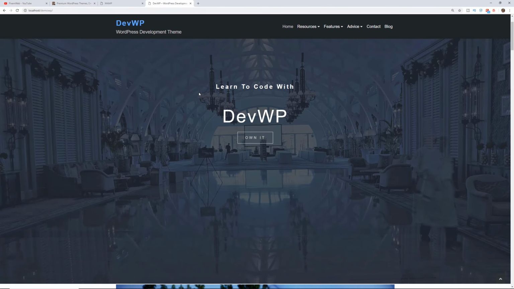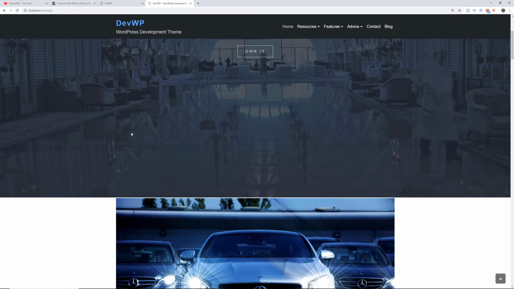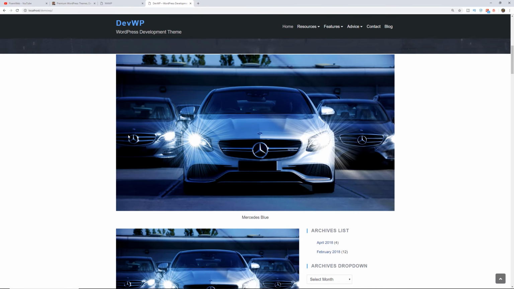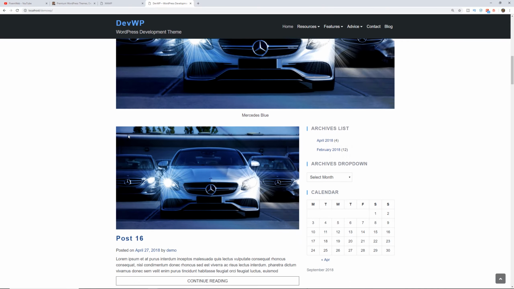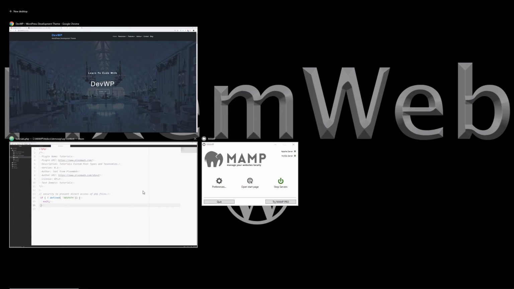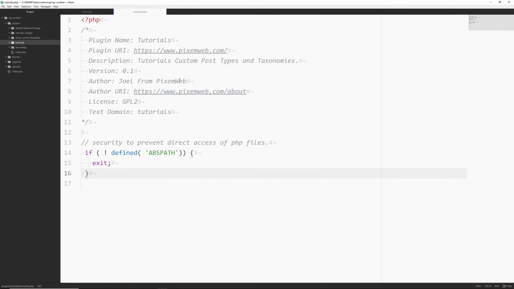Whenever you're creating a custom post type, it's going to be working directly with your theme, regardless of the way you do it, whether it's a plugin or embedded code right within your functions.php file. Alright, so let's get started. I'm going to jump to my text editor, and I already have some very basic code set up over here just to speed up the process.